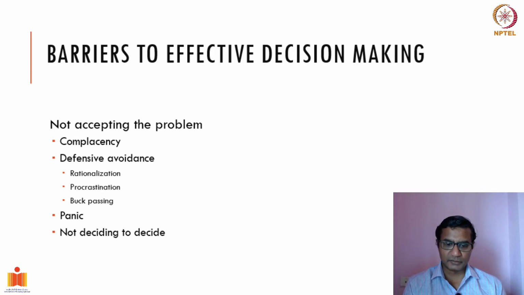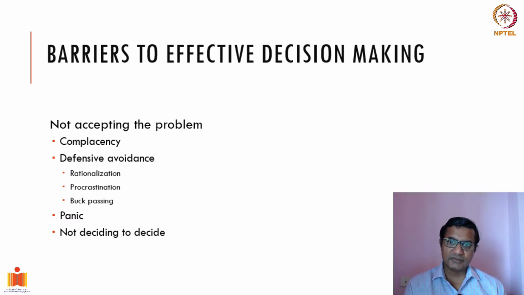Not taking a decision is when the situation is right in front of your eyes, you have to take a decision, but you're not taking it. So why don't people want to take decisions? There are many reasons. One, fear of failure. If you take a decision and it fails, people will blame you, so it is better not to take a decision. Two, risk involved. Any decision making involves huge risk, and many times people are risk averse. They are willing to forego the benefits of taking a decision, but they don't want to take the risk.